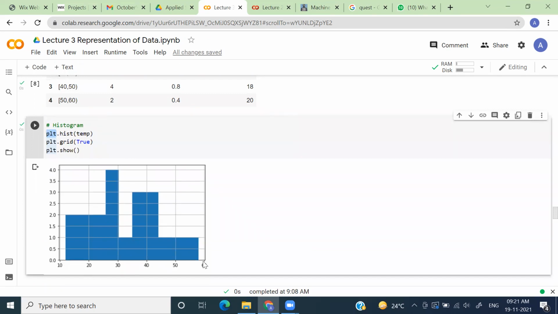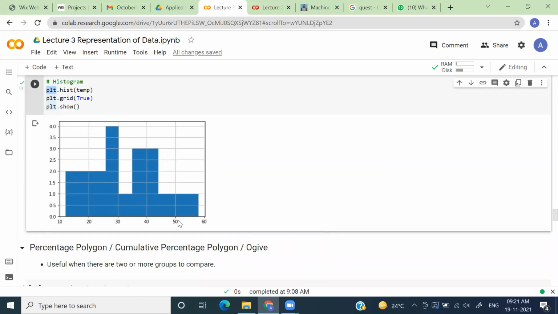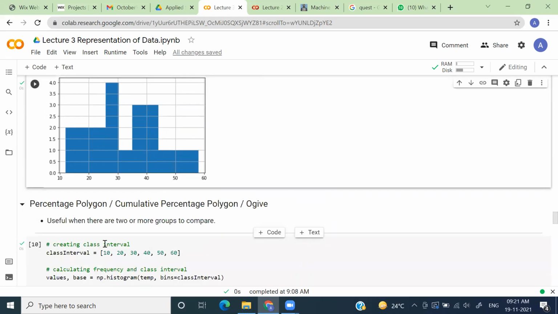On the x-axis you'll have the temperature, on the y-axis you'll have the count. So out of the 20 days, there were 4 days where the temperature was between 28 and 30, like that, the width of this bar. It's very unlikely to have a temperature of more than 50 degrees Celsius, because we have only one record for that. So these are the conclusions we can draw from a histogram. Apart from this, we can also see the distribution of data.